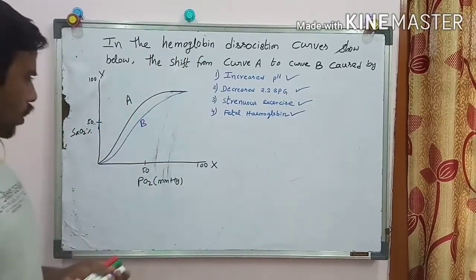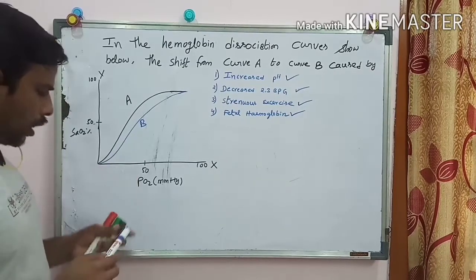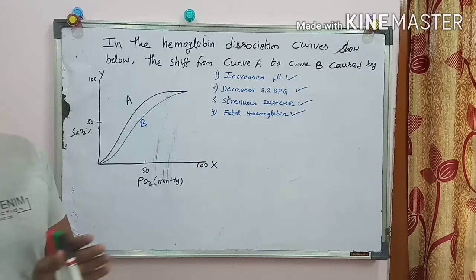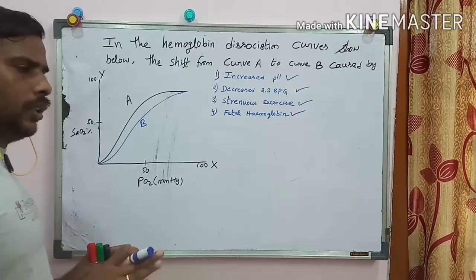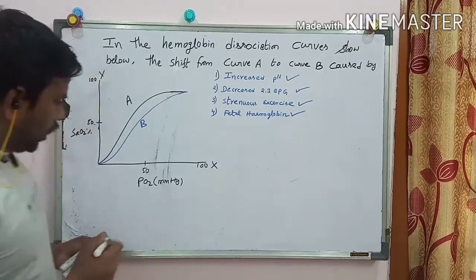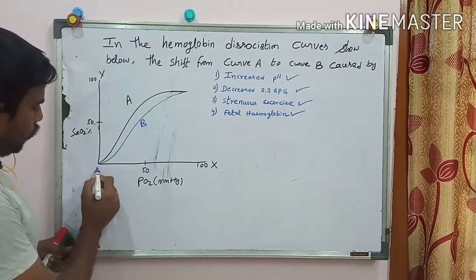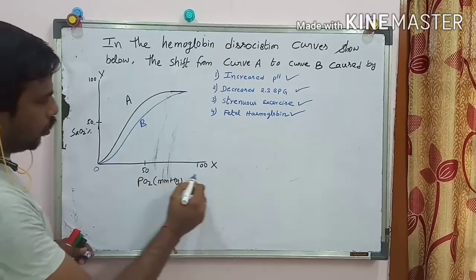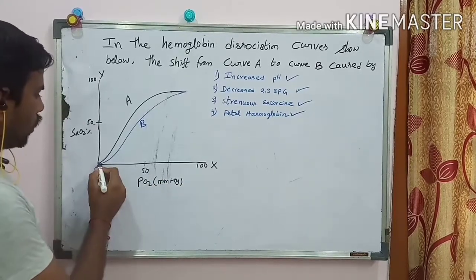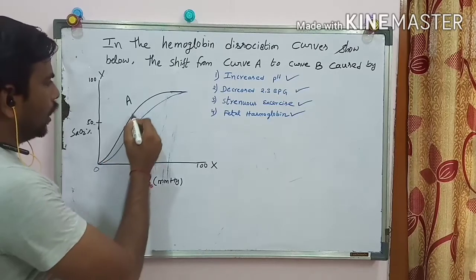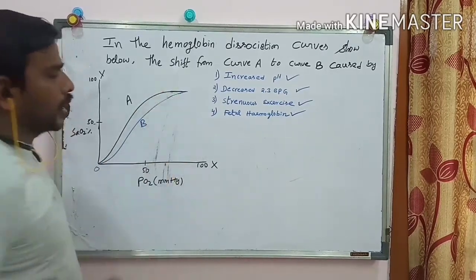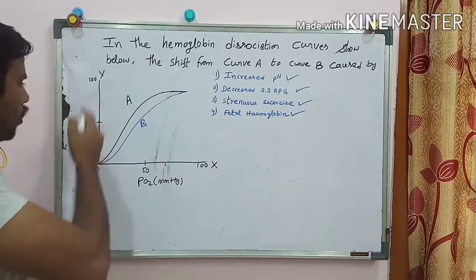Now one more thing you see here, if you see this graph, this is actually how much oxygen can be dissociated from the hemoglobin at different PO2s. It is based on PO2. See, when you increase the PO2 from 0 slowly towards a high PO2 concentration, you can see the graph slowly increasing. That is the saturation of the hemoglobin.